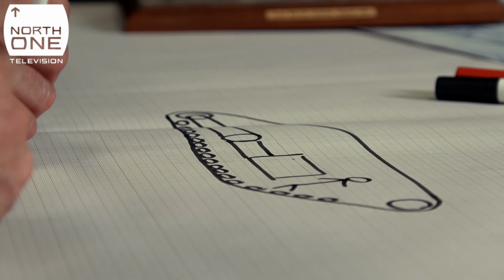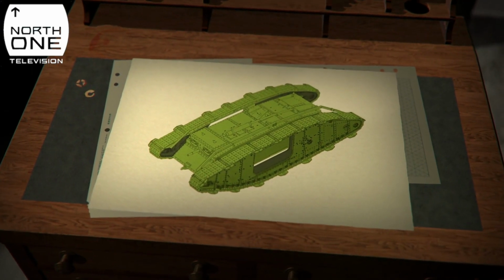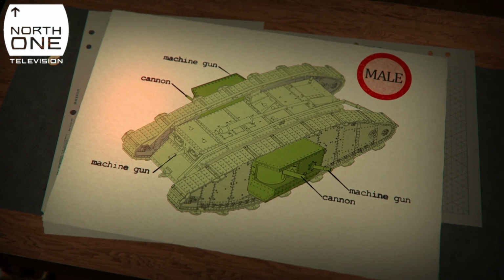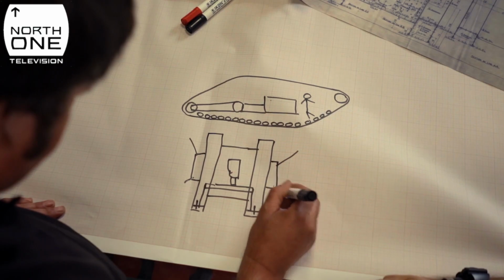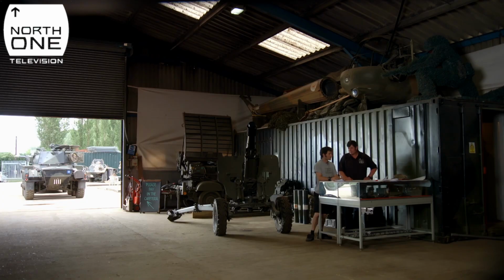Are we putting any guns on it? Yeah. We'll have guns on it, haven't we? We've got to have guns on it. Which guns a tank had determined whether it was male or female. Male tanks had two 6-pounder cannons and three Lewis machine guns. Female tanks had five Lewis machine guns. While no decision's been made yet on what sex Guy's tank will be,